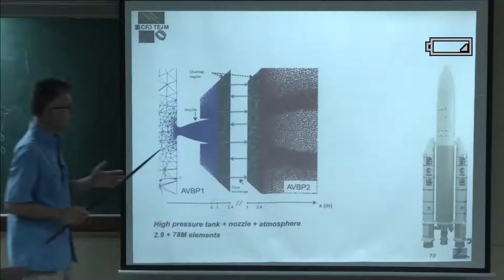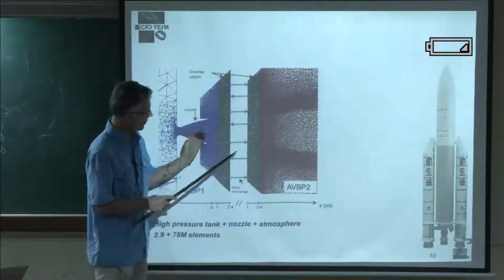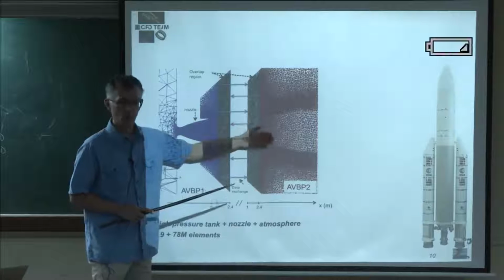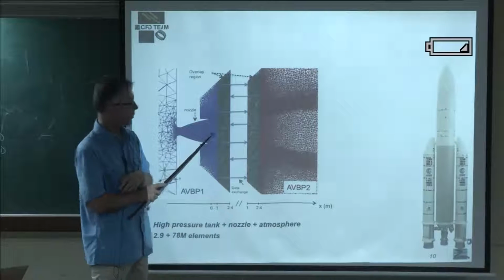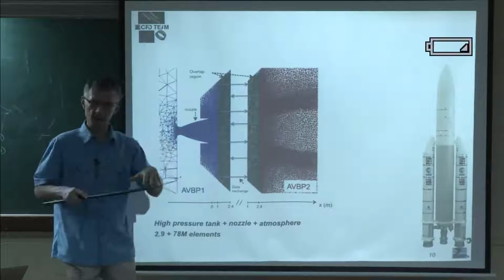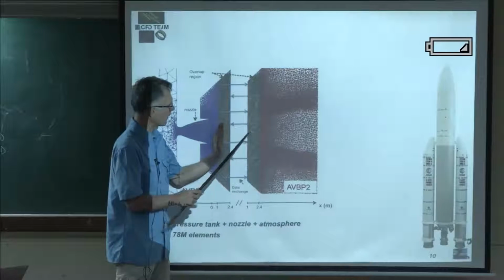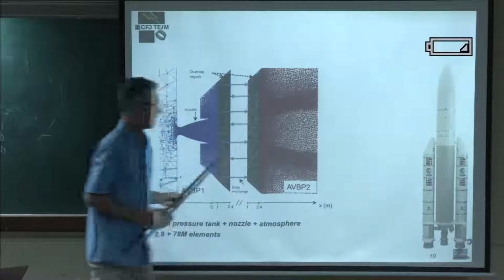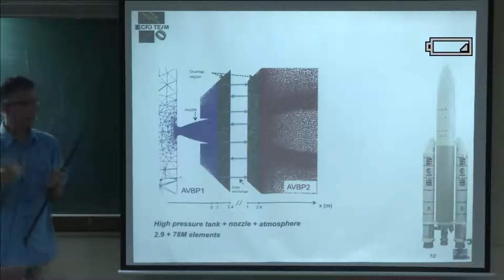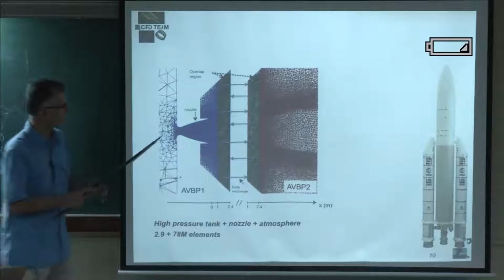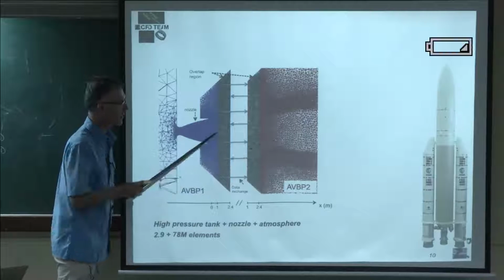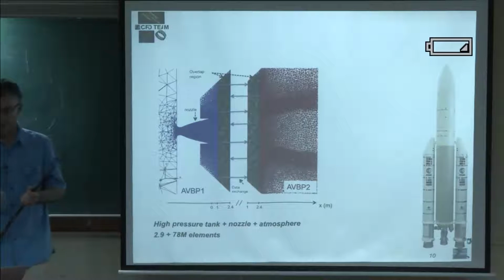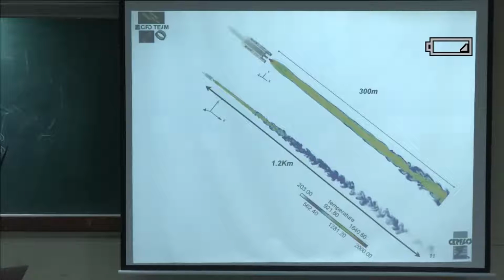How do you assemble them? If you do flow, for example, what you install is plugs on both sides of your system. This is AVBP. This is also AVBP. Both instances are running on the same computer, and they exchange information on this overlap zone here. That will allow you, for example, to beat this question of time steps. If you have very small time steps here, and here you don't need very small time steps, then you can disconnect the two domains this way. That's one of the things we're doing right now. But that's not the topic.